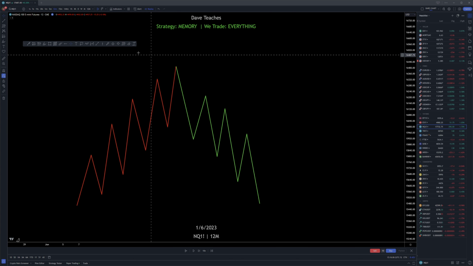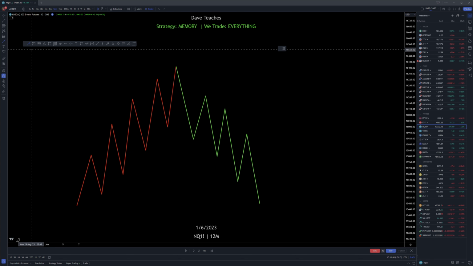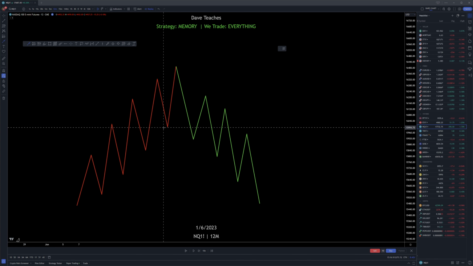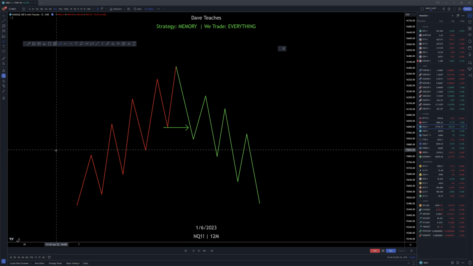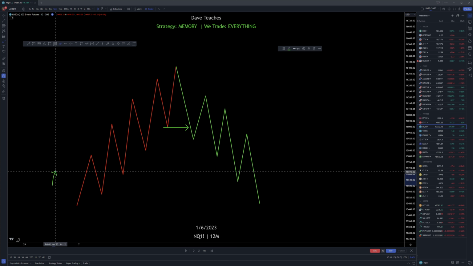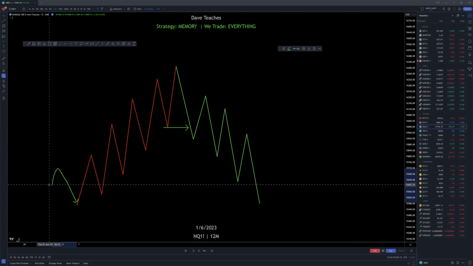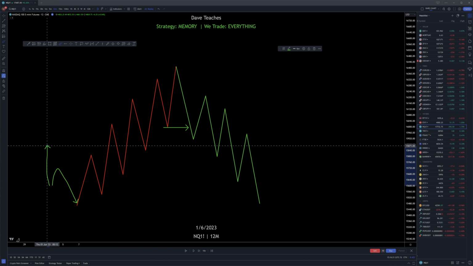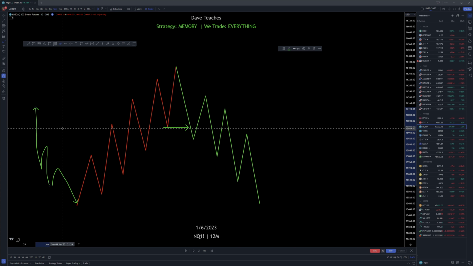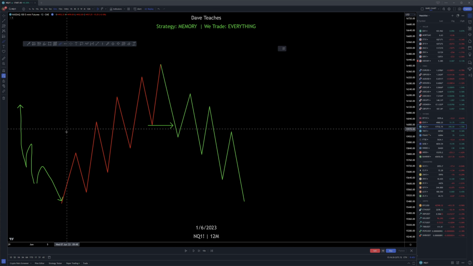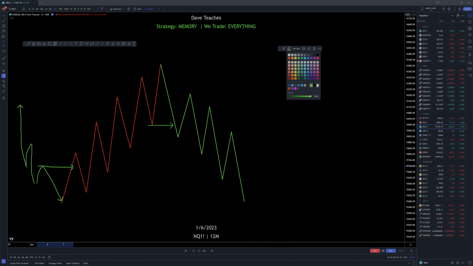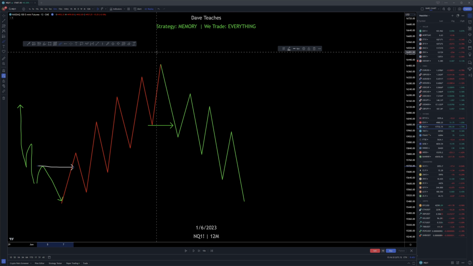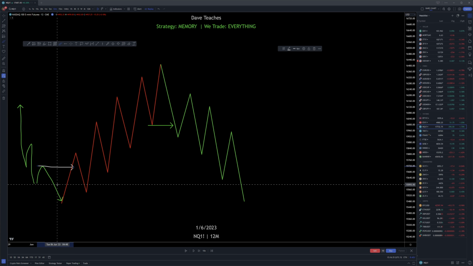And now I'll show you when this market structure shift happens here, or when this market structure shift happens here. So that's both of them. The bearish went up here, the bullish went down here. When this happens,